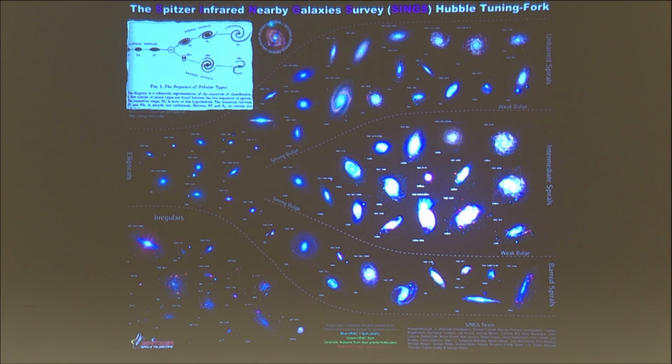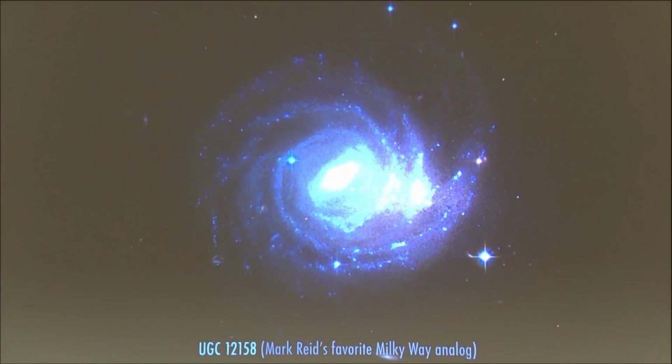Okay? But if we pick one of these galaxies that's a sort of spiral-like galaxy and zoom in on it, this is actually Mark Reid, who, for those of you who don't know, is one of the world's experts on the structure of the Milky Way from observing masers with VLBI, which is a technique that gives you very accurate distances and makes it possible to make models of the structure of the galaxy, which again, I'll show you later. But anyway, this is Mark's personal favorite Milky Way analog galaxy.